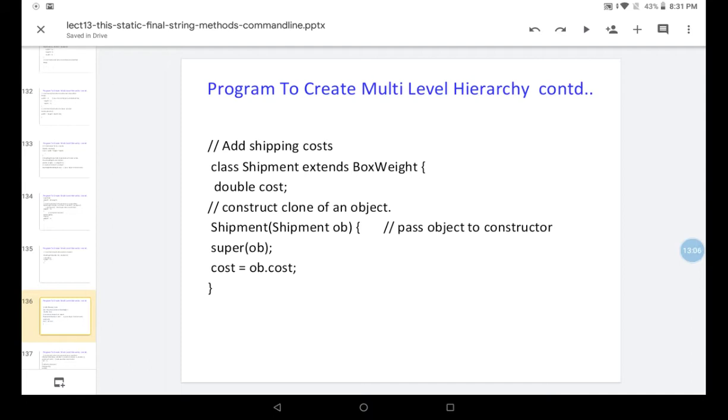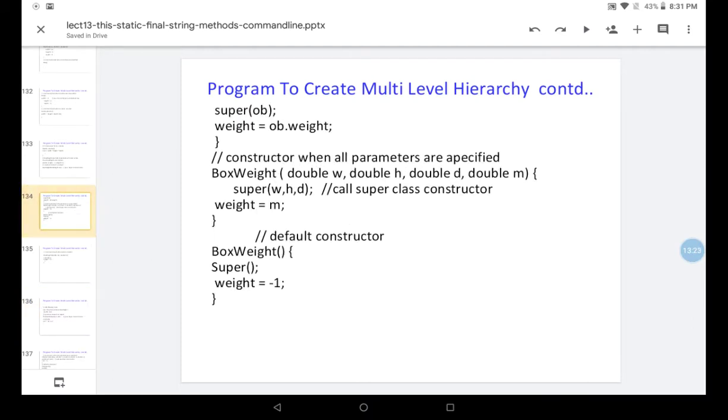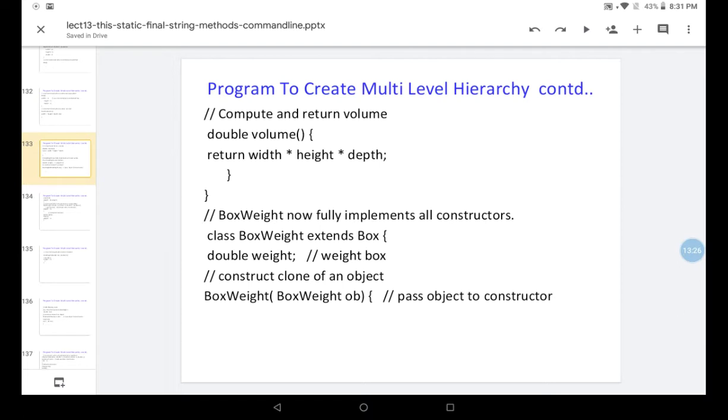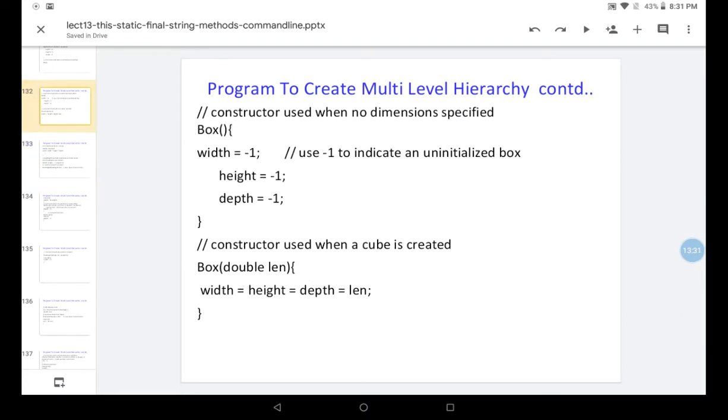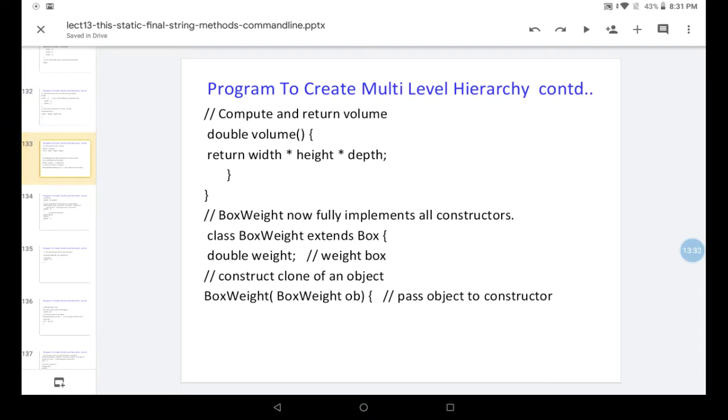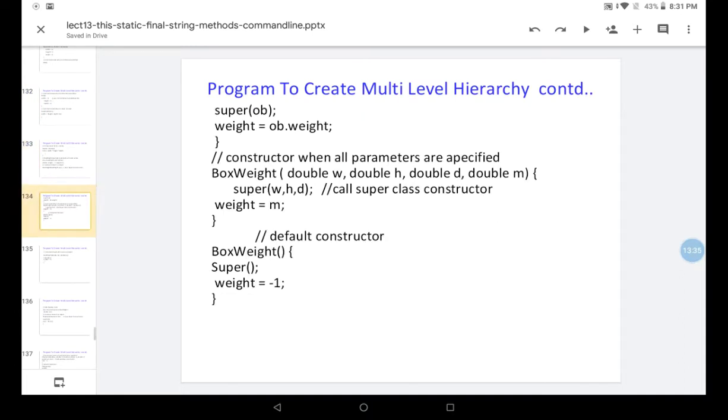So what are we calling? super(object). What will it do? It will call its immediate superclass, that is the BoxWeight constructor. In the previous BoxWeight constructor, see here, it is calling super(object), and extra we are initializing the object's weight.